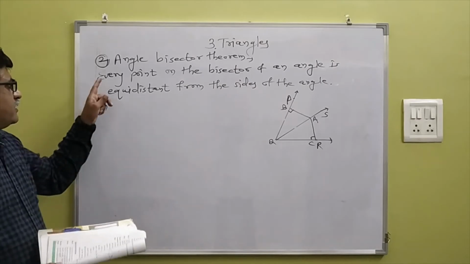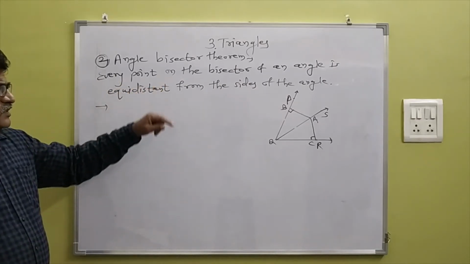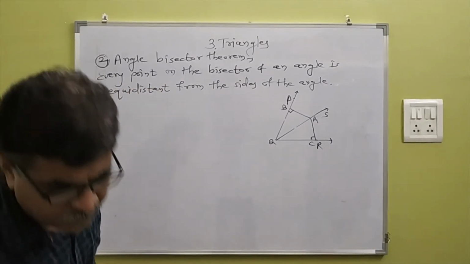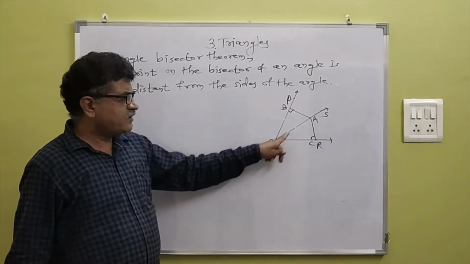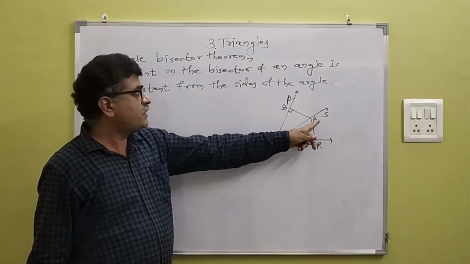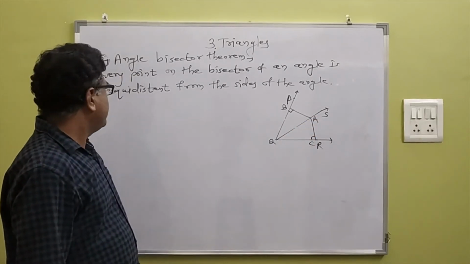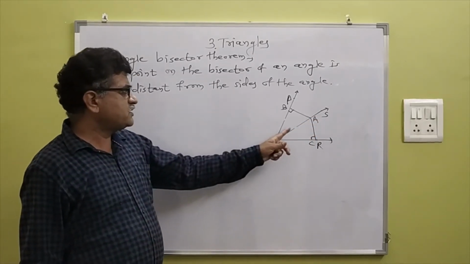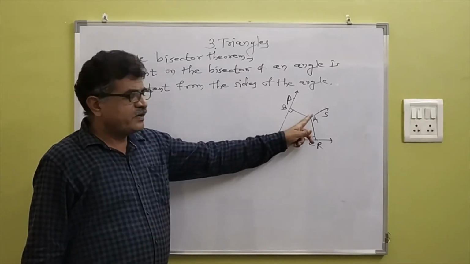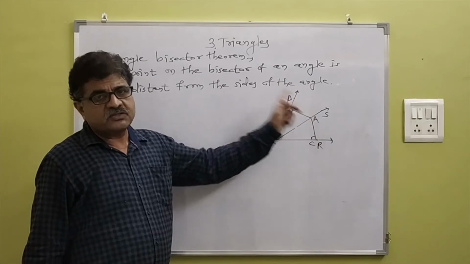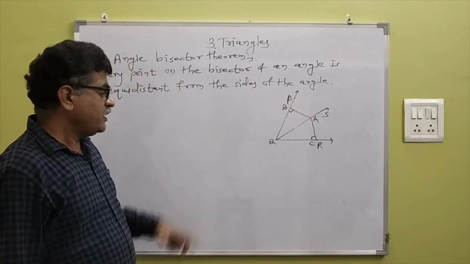Now let us see here. Every point on the bisector of an angle is equidistant from the sides of the angle. Every point is equidistant from the sides of the angle. Now here,